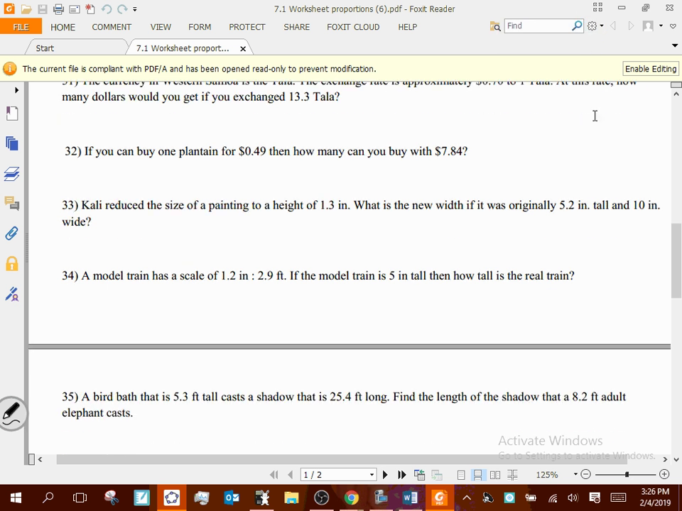If you can buy 1 plantain for 49 cents, plantain, just kind of like a banana. So 1 plantain